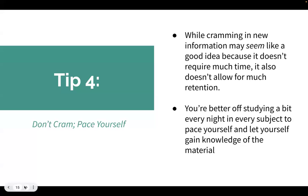Tip 4, don't cram, pace yourself. While cramming in new information may seem like a good idea because it doesn't require much time, it also doesn't allow much room for retention. You're better off studying a bit every night in every subject to pace yourself and let yourself gain the knowledge